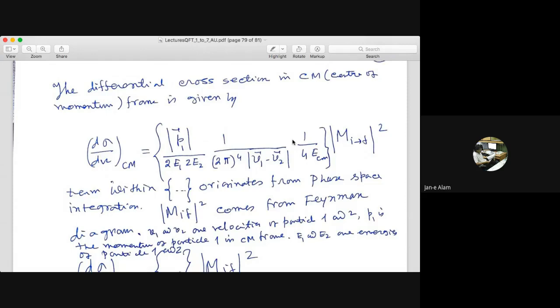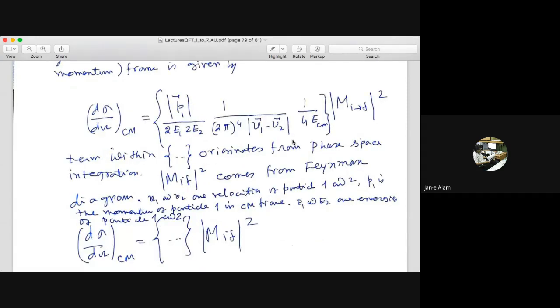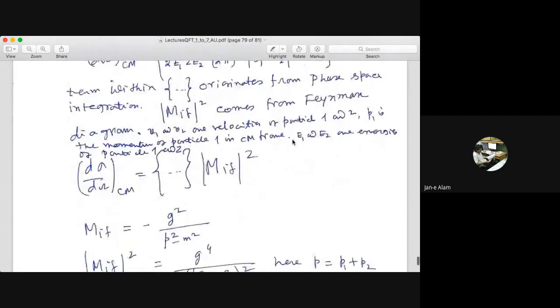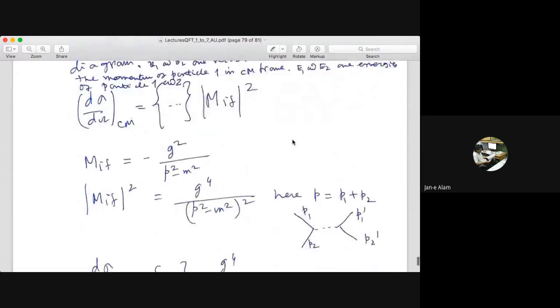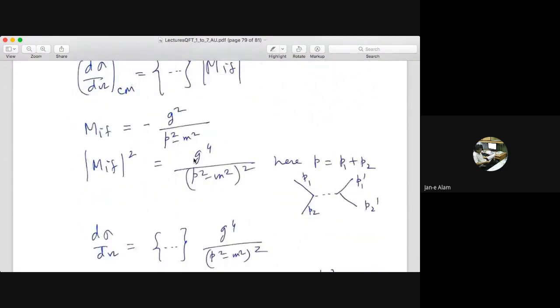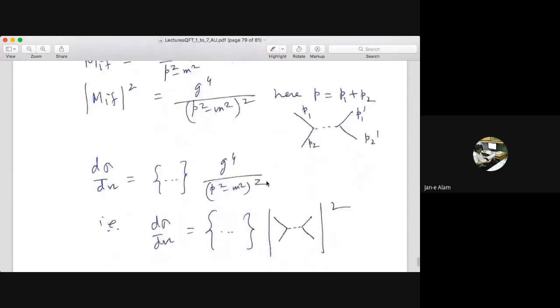I think we'll discuss it tomorrow, but I'll elaborate some more on Feynman diagrams, which is more important. Today I have just introduced you to that and tried to give you a feeling of how it is useful. So this is the amplitude, as I have been repeatedly saying. Squared, it is G^4 by (p square minus m square), and this is the propagator, coming from the internal line, and in the internal line the momentum must be p.